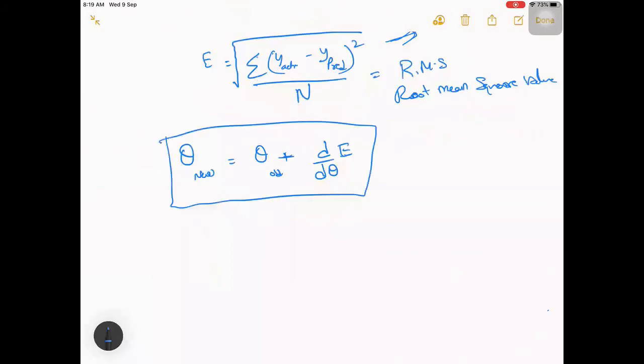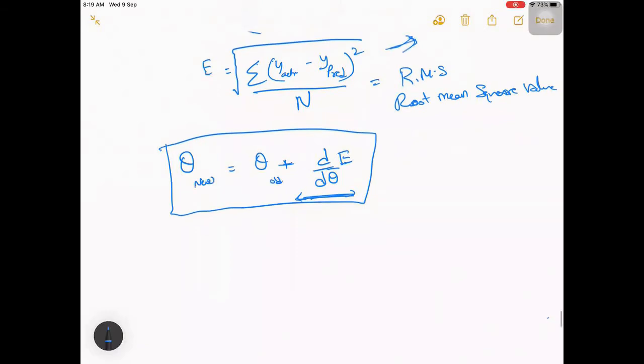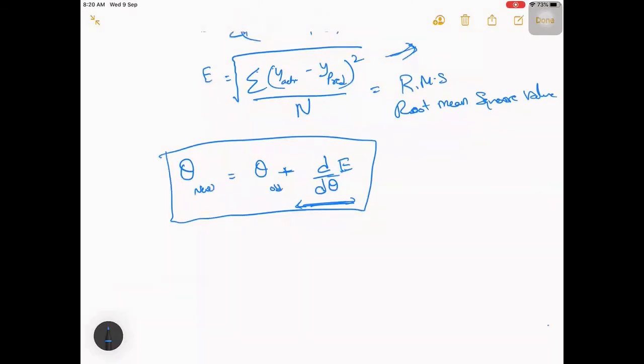So we call this the gradient. What is this? It is a derivative: how much your error changes because of a change in theta, that is, the rate of change of your error with respect to the rate of change of your parameter. This is what you are going to have here.